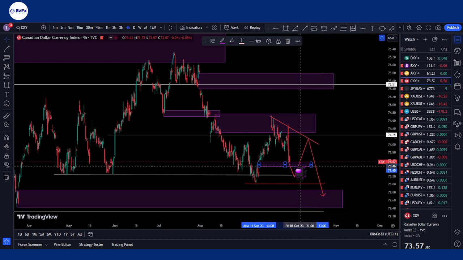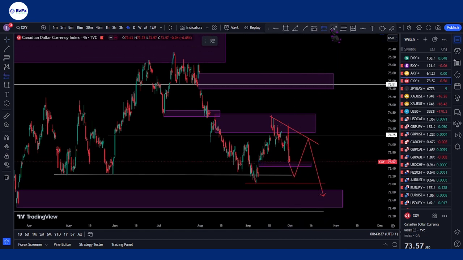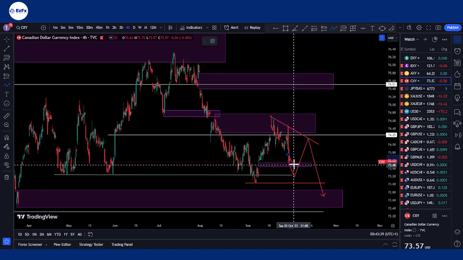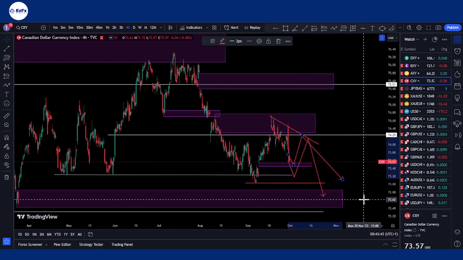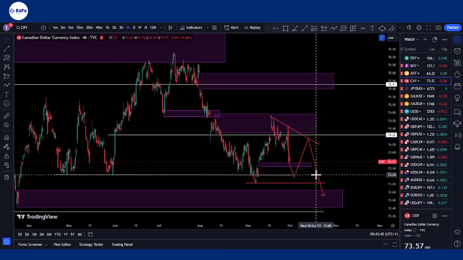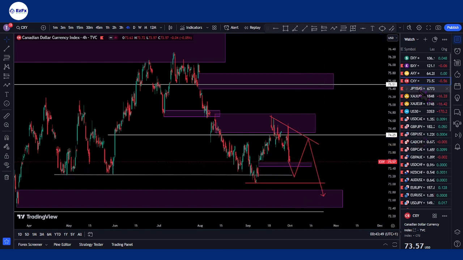If we do get price being respected at this zone, then we will get to see that by going somewhere like this, before we get to see that sell. That is if we get to see that zone being respected. However, if we don't get that, then yes, this looks more plausible.